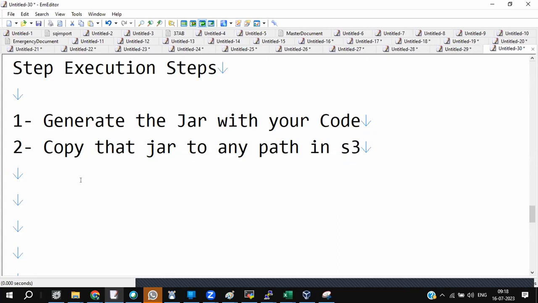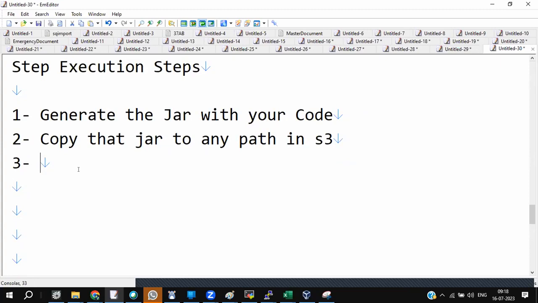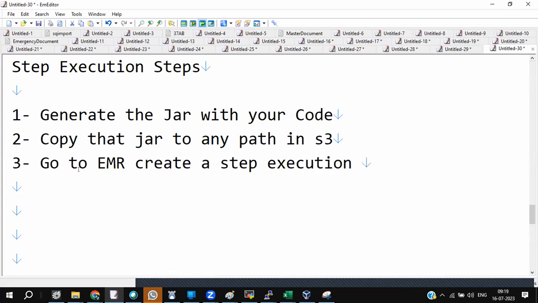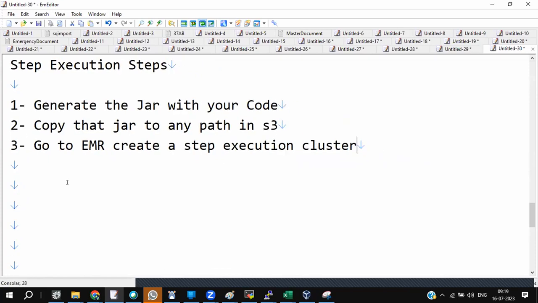Now there comes the actual step. Go to EMR, create a step execution cluster to run this jar. Concentrate, folks. Main step.